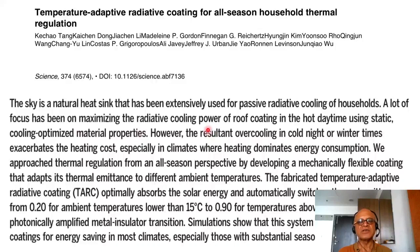The sky is a natural heat sink that has been extensively used for passive radiative cooling of households. So you just use the temperature difference to lose heat. A lot of focus has been on maximizing the radiative cooling power of roof coating in the hot daytime using static cooling optimized material properties, so you can make them light wavelength sensitive. However, the resultant overcooling in cold night or wintertime exacerbates the heating cost, especially in climates where heating dominates energy